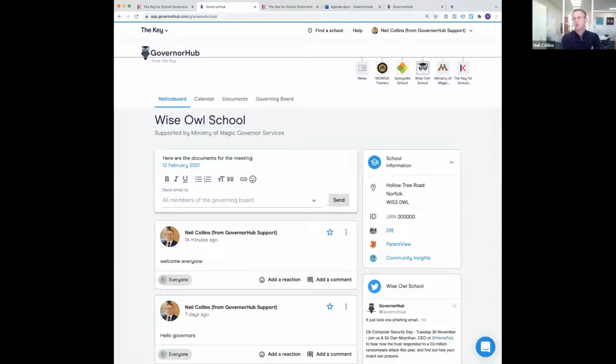Yeah, that's it. And there's a real benefit in doing that, i.e. sending around just a link, not sending around the documents, so it means the emails that go out are much more likely to get through because they're smaller and just contain a link. It also means you can control access. As soon as someone leaves Wise Owl School, in this case, any links they've got hanging about in emails and stuff will stop working for them. They won't be able to access those anymore. So that's a real benefit of having links.